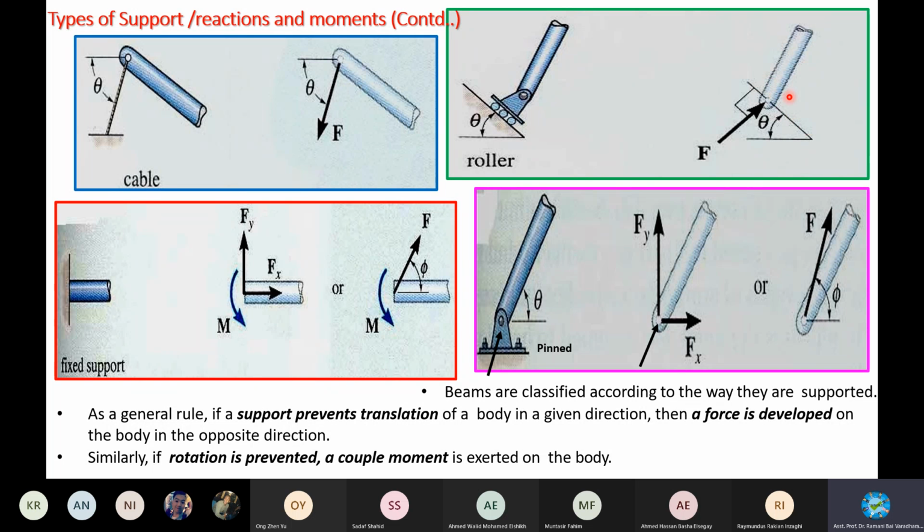It can move only in this direction. Movement in this direction is prevented if you take it in a plane. So the member will develop a reactive force in the opposite direction, right? In the opposite direction, where the translation is prevented. There is no translation in this direction, so it will provide an opposite reactive force in this direction to support